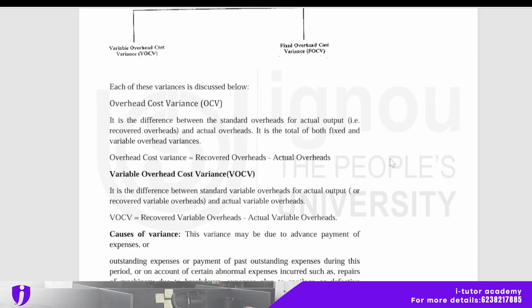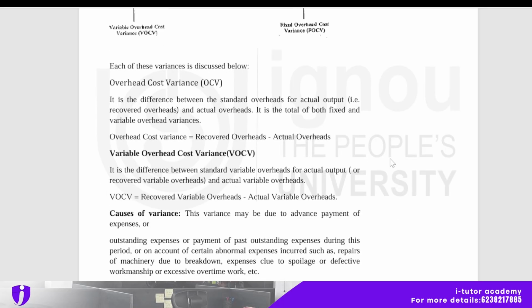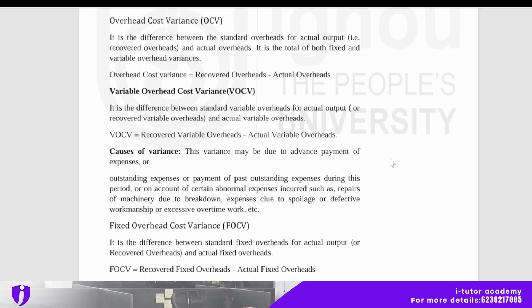Overhead cost variance is the difference between the standard overhead for actual output and actual overheads. It is the total of both fixed and variable overhead variance. Overhead cost variance is equal to recovered overhead minus actual overheads. Variable overhead cost variance, VOCV, is the difference between standard variable overheads for actual output, or recovered variable overheads, and actual variable overheads. VOCV is equal to recovered variable overhead minus actual variable